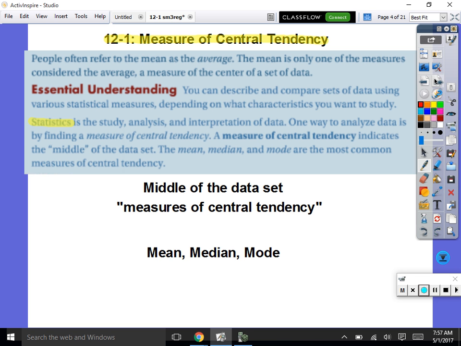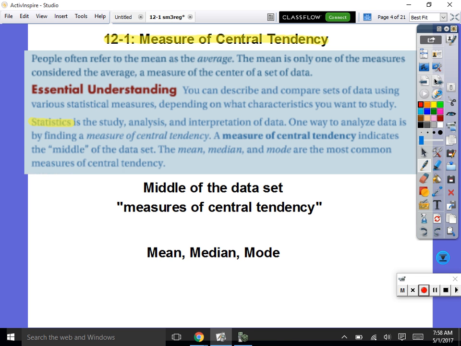Okay, so people often refer to the mean as the average. So think if we have a bunch of points or a bunch of data, and we're looking at the center of the data, we can look at the center in many different ways. The most common ways of looking at the center of the data are the mean, median, and mode. So we'll get to that in just a second, but you can describe and compare sets of data using